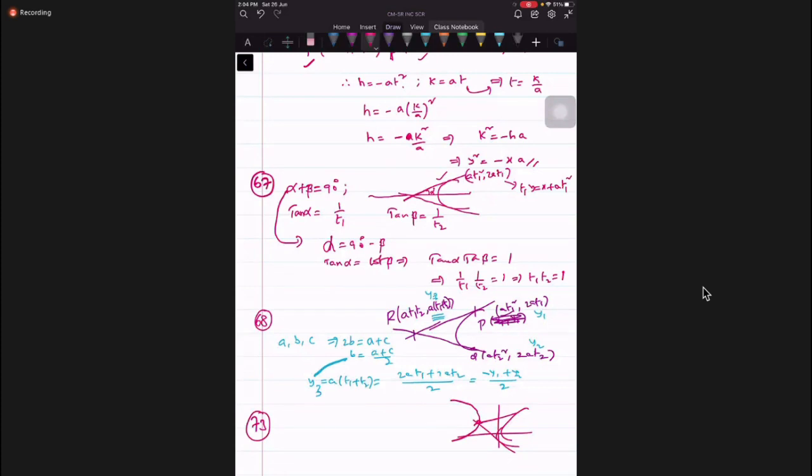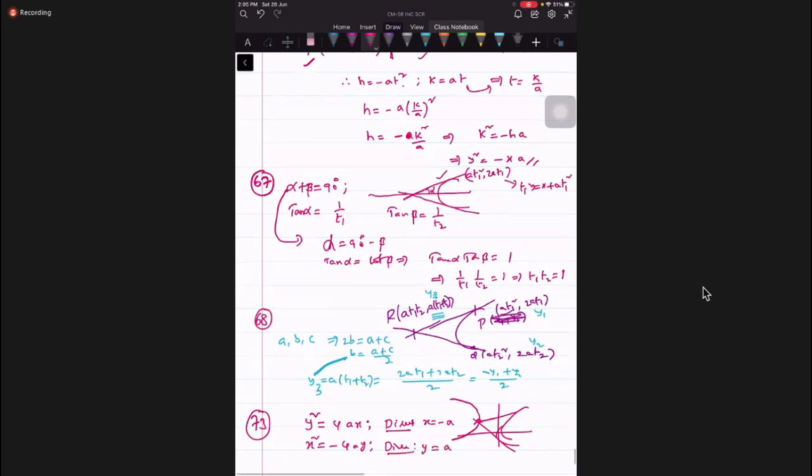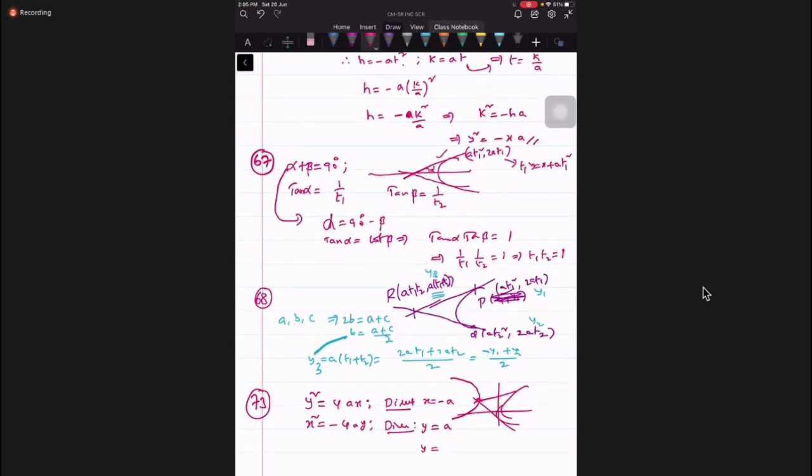Now your curve is like this, whatever y equals what they have given. First of all, for the parabola y square equals 4x, what is the directrix? X equals minus a. Now if your parabola is x square equals minus 4ay, then what is the directrix? We need to change the coordinates and the sign also. So the directrix is y equals a. What is a as per your parabola? One only. So this is the directrix.